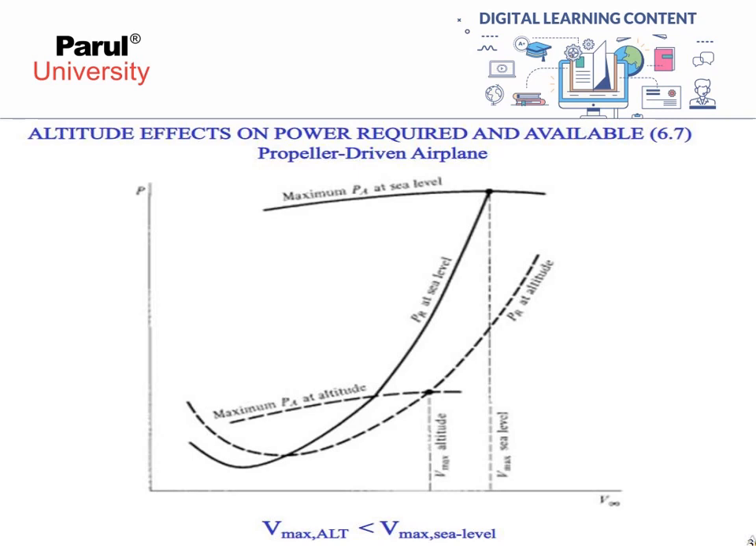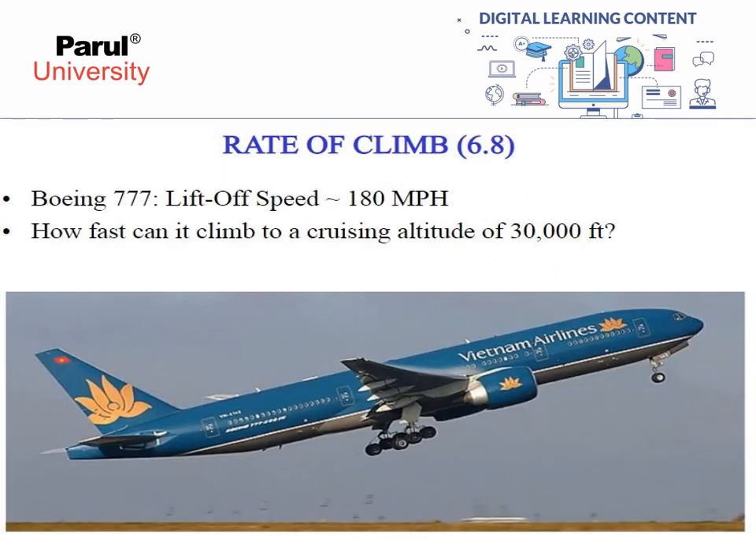altitude effect on power required and power available for propeller driven airplanes. We see the maximum PA, power available at sea level, and power required at sea level, and the corresponding V max at sea level, and the power required at altitude and the maximum power available at altitude give the maximum velocity at altitude. Then we can see the maximum velocity at a particular altitude is less than the maximum velocity at sea level, right? Okay,